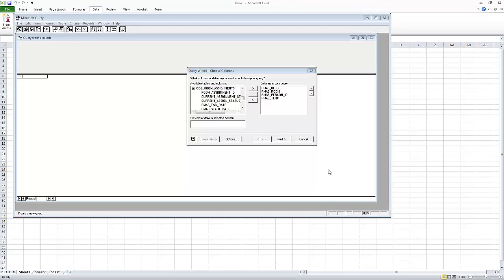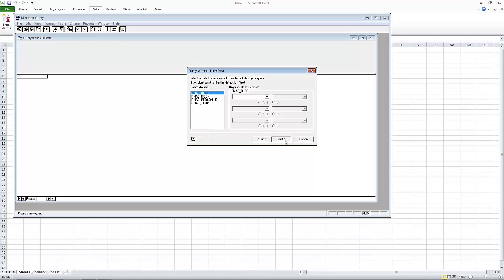And so now I want to set the filter rules, which will allow me to select out only those rooms that are assigned for Swanson Hall. And so Swanson is a building, and so I want to set rules pertaining to the RMAS building field. So I want the values in RMAS building to be equal to the code for Swanson Hall. And so what you've seen here is that we select the data element that we want to set criteria for, and then we have operators which we can use,